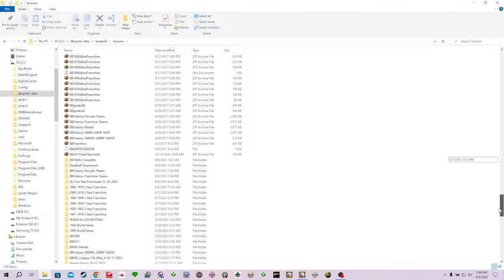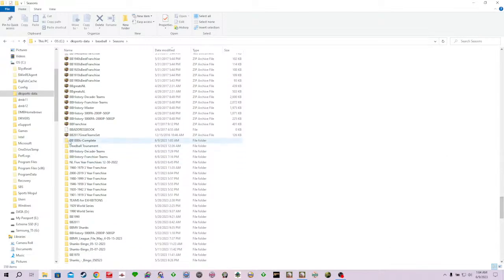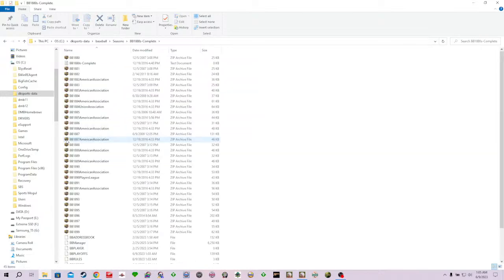Oh yeah, there it is. I already unzipped it. If you buy 1880s Complete from Dave Cook, it will come as a zip file, and I always tell you guys, don't unzip. That's the one you do have to unzip, because from there you have to actually install the season.